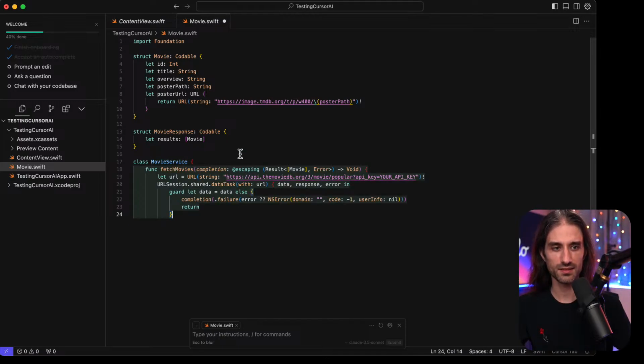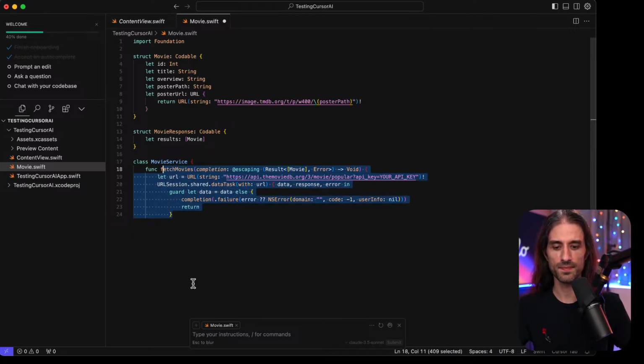What's interesting is that I've seen this behavior both with Copilot, with predictive code completion in Xcode, and here with Cursor, which uses Claude under the hood, is that they all want to use a completion handler. I guess because there is way more code that uses a completion handler than code that uses Swift concurrency, but it's always kind of frustrating.